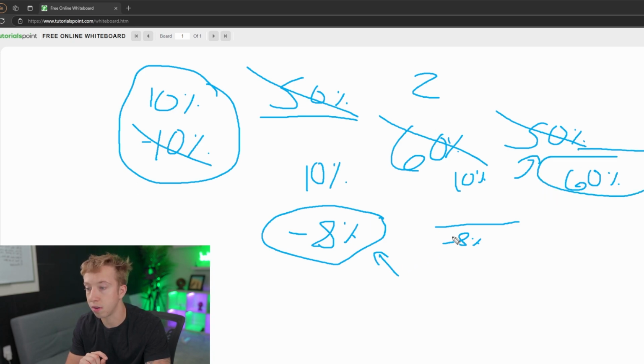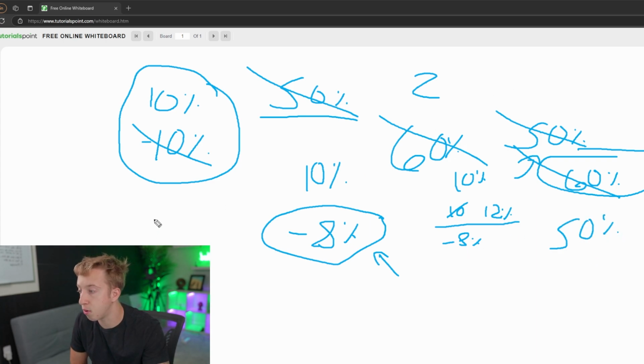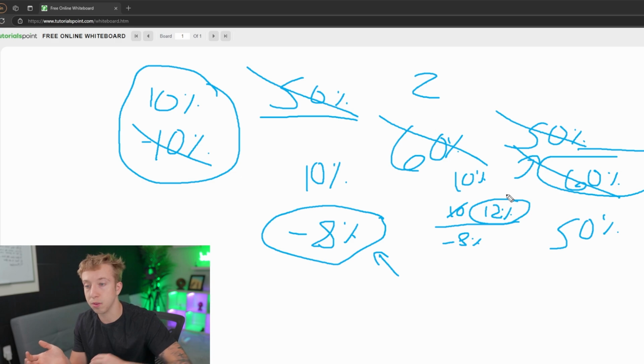Now we focus on our reward. Our reward was 10%. Now it's going to be 12%. And now you guys can see this risk reward is getting better and better and better. Let's say our win rate drops again to 50%. What do we do? We get better entries because, for example, if you're entering too late, that reward is not going to hit as fast as if you're entering right on time. So you're really going to focus on the time of sales and just getting better and better entries as we're building up. We're applying the risk, we're applying the reward as we're getting better and better at entries.